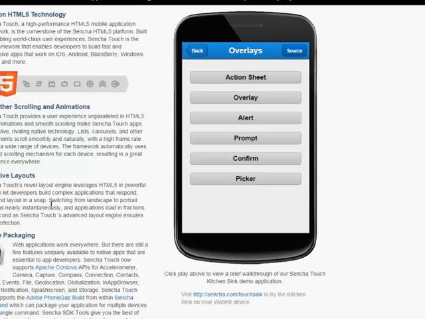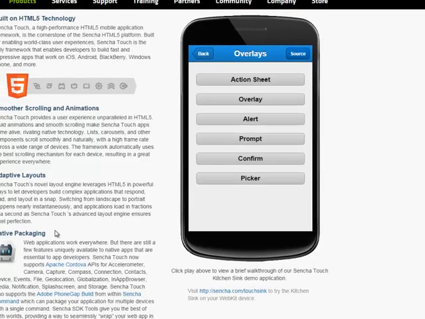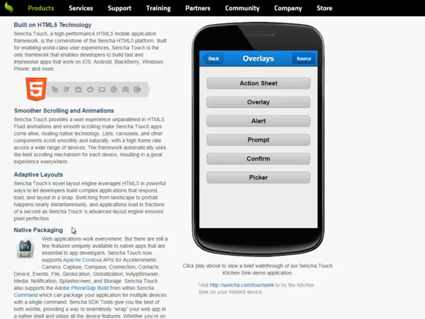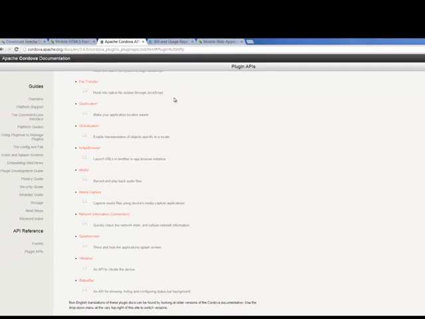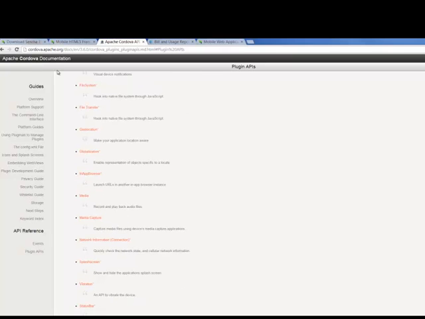Importantly, there is also the native packaging that exists. What we're producing here is a web application. However, we can wrap it with a native wrapper. That native wrapper will let us build applications on iOS or Android that can access the native hardware. And this is done through what was formerly called PhoneGap and now is Cordova. And if we navigate to the Apache Cordova site,